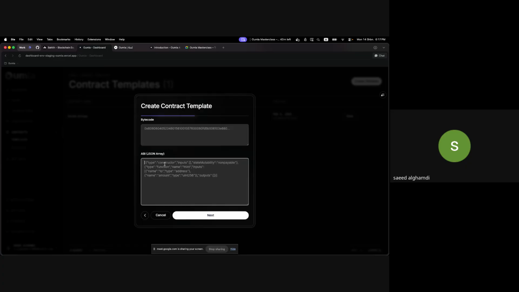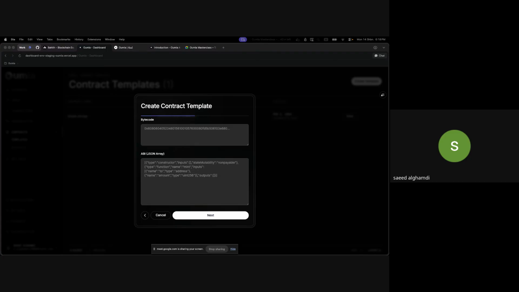Next, the bytecode and the API, which I guess you're all familiar with. The bytecode is basically the compiled code that will be provided for you from the EVM compiler.